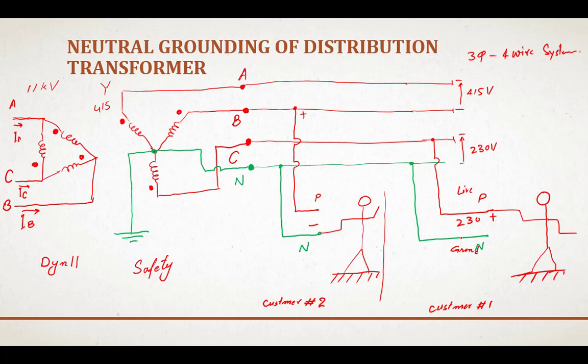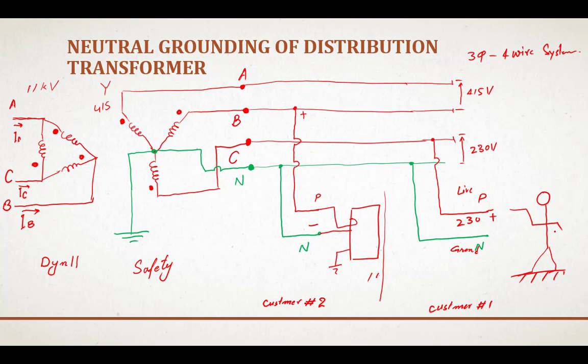But what is very common, let's say there was an appliance here at customer 2 location which was being supplied with the help of phase and neutral, and due to some insulation damage the casing or the body of this appliance was in contact with the phase, and this appliance was on ground. It could be a washing machine, a pumping motor, a refrigerator which has a ground connection as well as its body gets short circuited with the phase. So this will result in the same situation as someone being in contact with the conductor at this location.